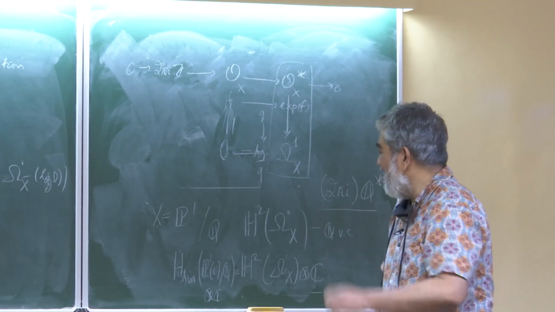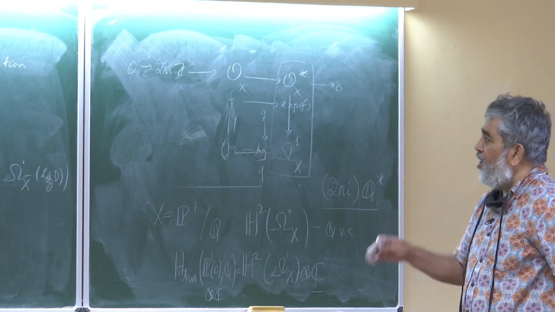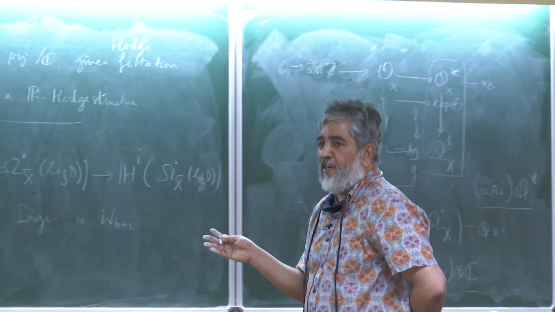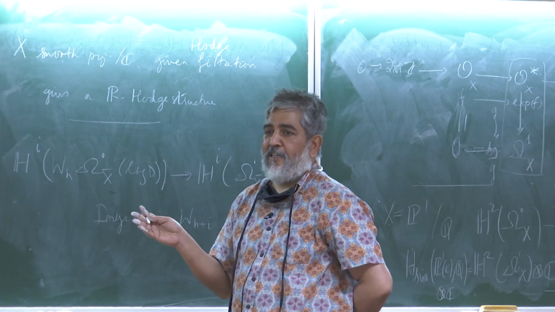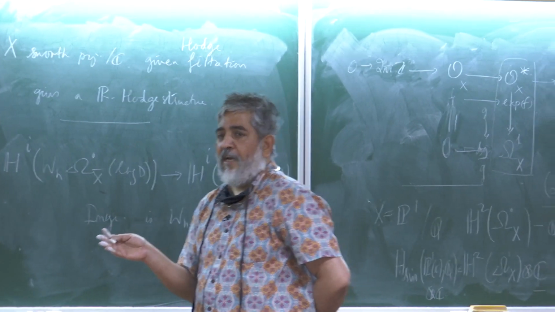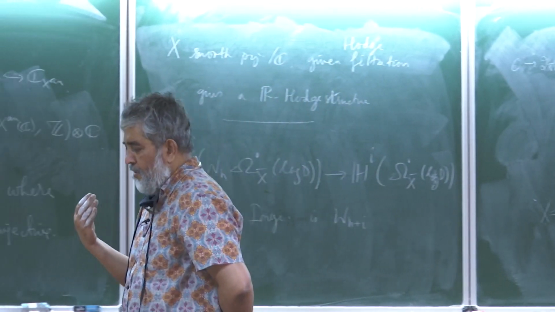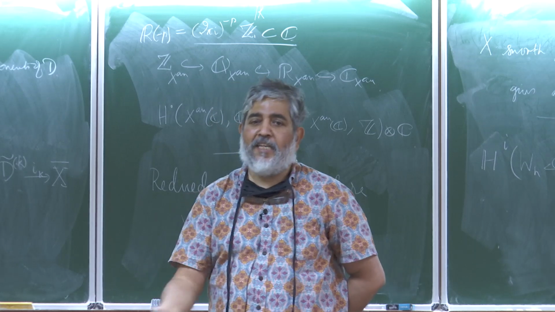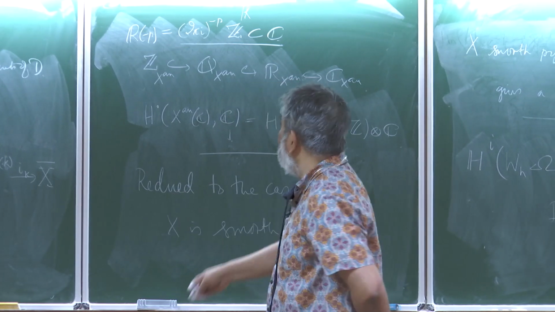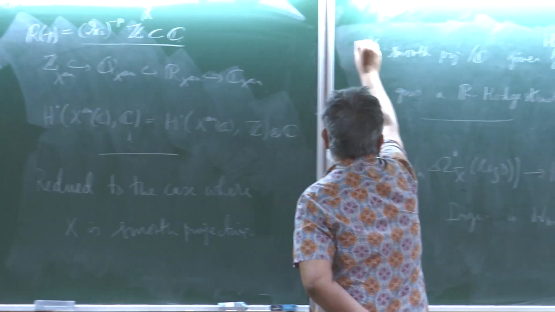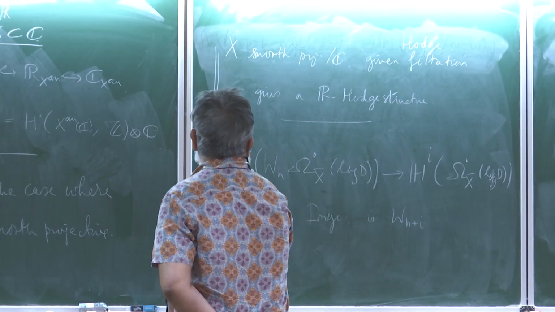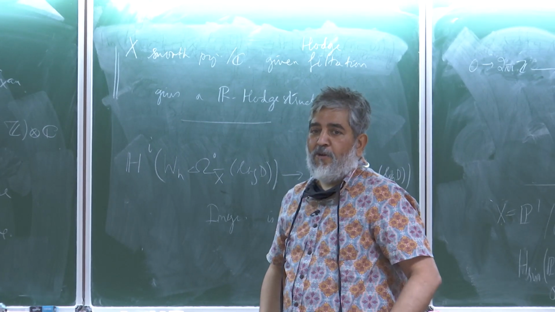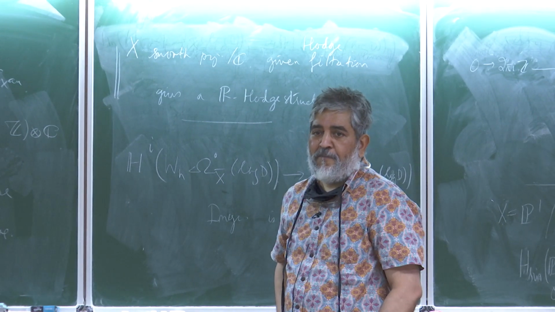Okay, maybe we are getting really off track. I hope the basic principles behind how we are introducing mixed Hodge structure on cohomology are clear. And now, for the next lecture, I will only talk about this case. I didn't want to start on that, so I'm going to spend some time talking about the case of pure Hodge structures and smooth projective varieties.